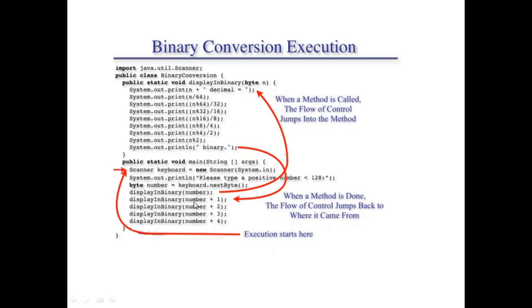Then again, when we are passing 100, what is happening over here is n has the value of 100, and then the binary pattern is printed. Whenever all the statements are executed inside the function, the control gets returned back to the statement following the function call, the method call. So display in binary, the next call is passing 101 inside it. Then it is copying 101 inside n, again performing the same statements, and then coming to the next statement, and this goes on.